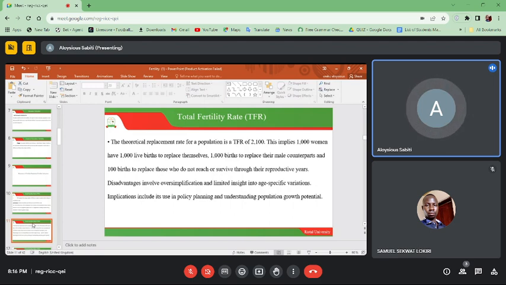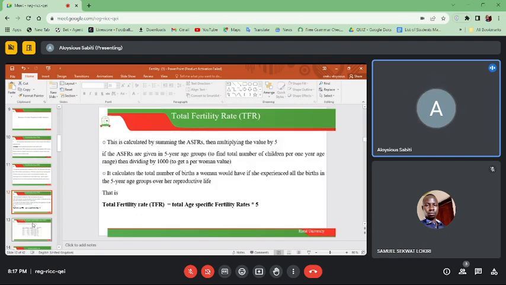You could also look at the statistics of South Sudan, you could look at the statistics of South Africa, and you can compare and contrast these. So to calculate total fertility rate, you sum up the age-specific fertility rates, then you multiply the value by